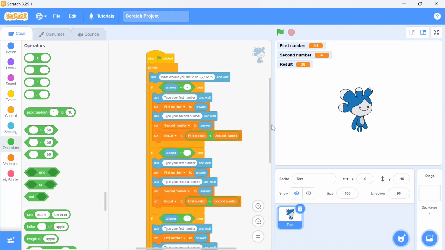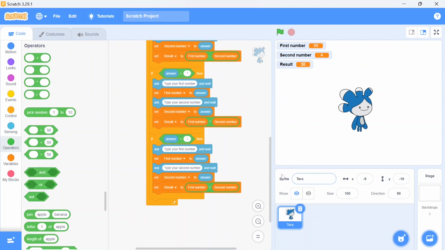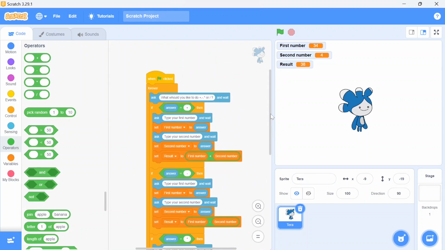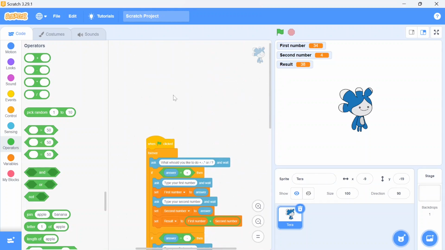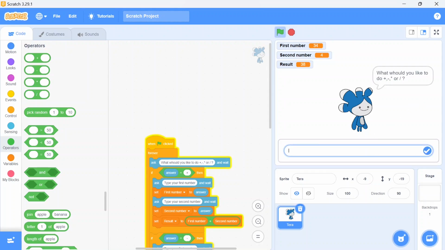See, this much coding we have done in a very short period of time. Is it interesting? Yes. Now you'll see how it will work. So you can see now I am typing division. She is telling us to type your first number. So I will type 12, and then you are going to type the second number, and here I will type 3, and you will see your second number is updated and the result is also updated, 4.